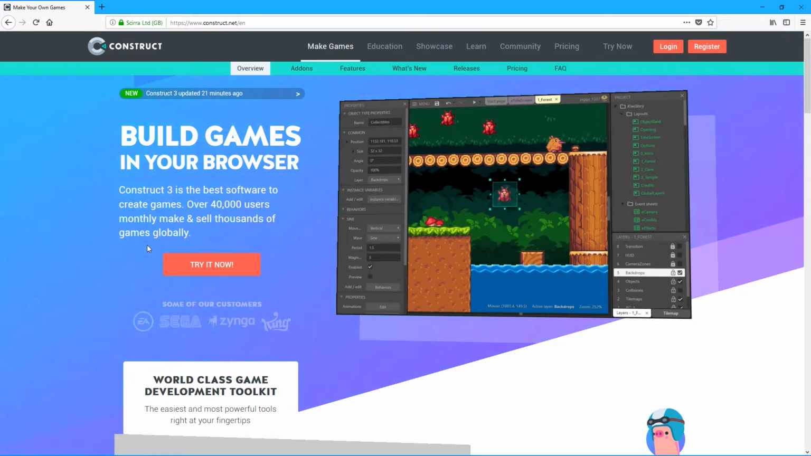Today I'm gonna show you a quick example of how to create a really simple randomly spawning items system, for example, for a platform game. Let's get it started. So navigate to